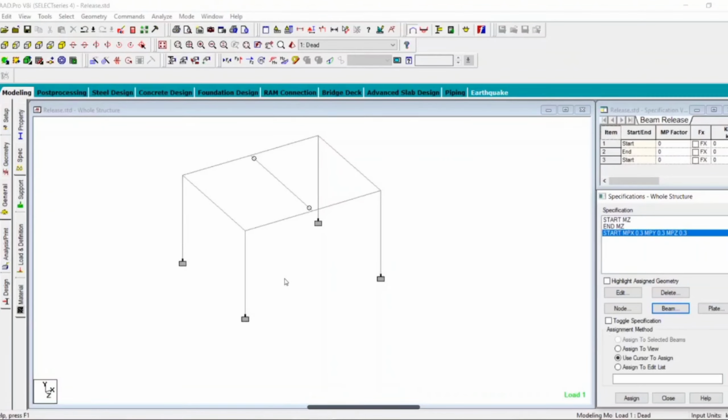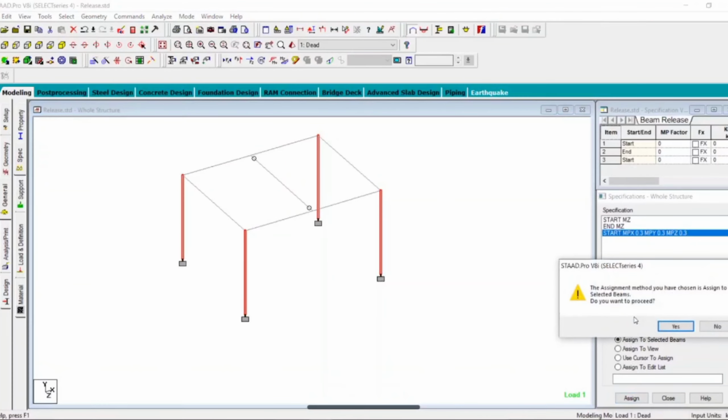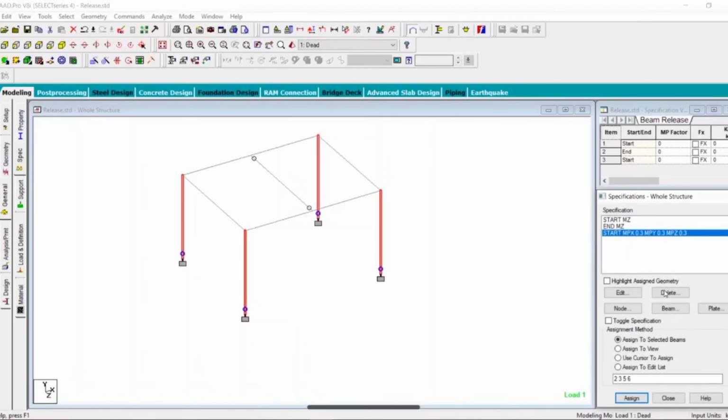Now I will assign to all these columns. By pressing Ctrl I'll select the columns, and at the start position I will just assign them, yes, and also define. At the start position, if I just highlight over it, then this is my start